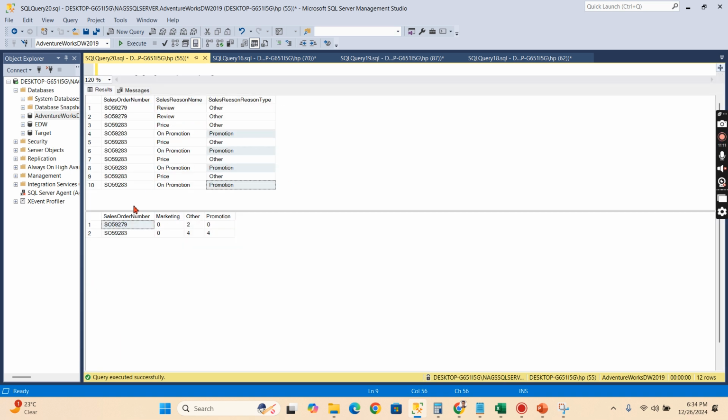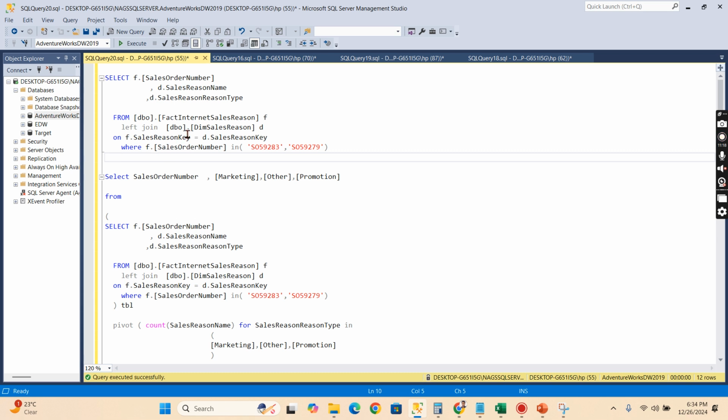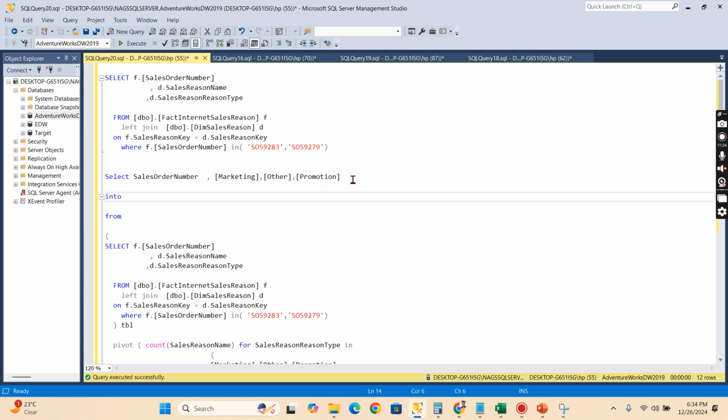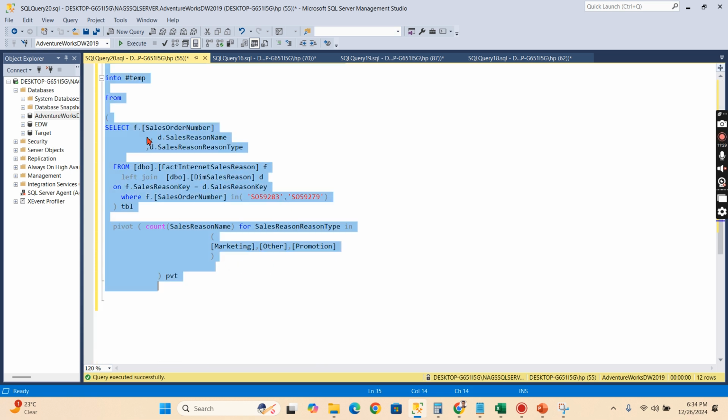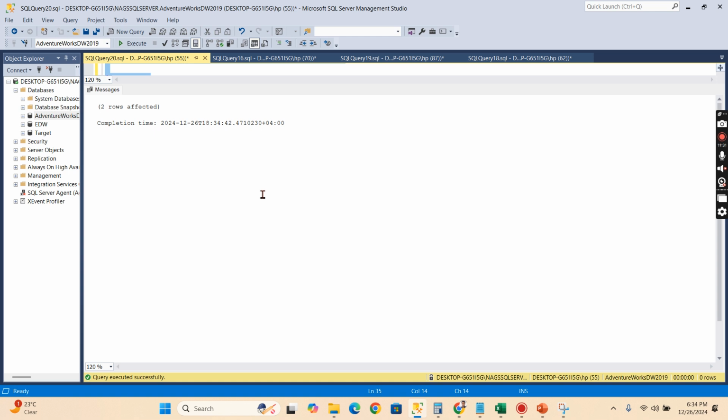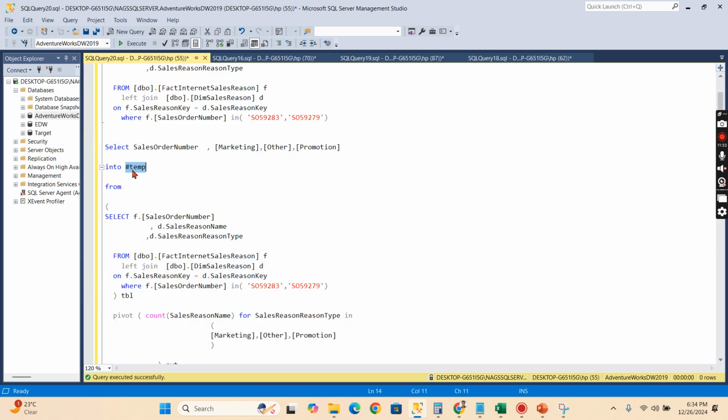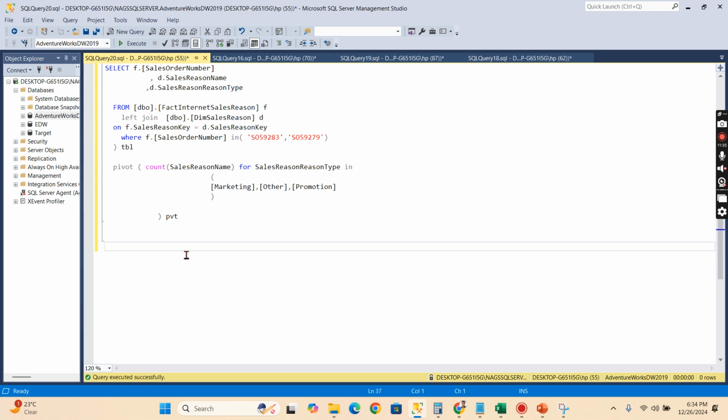Now let's say I have this input right now. I will put this data into a temporary table. This will become my input into hash temp. There you go. Now this is my unpivoted table. I want to unpivot it,